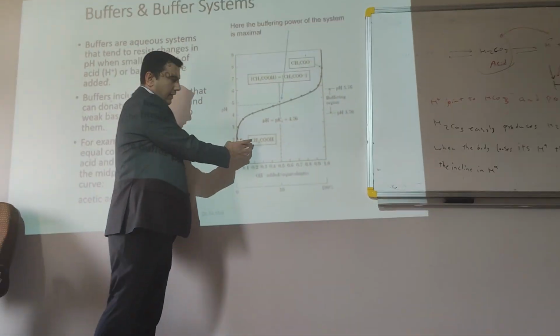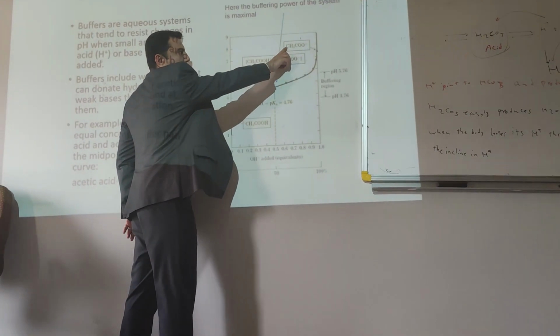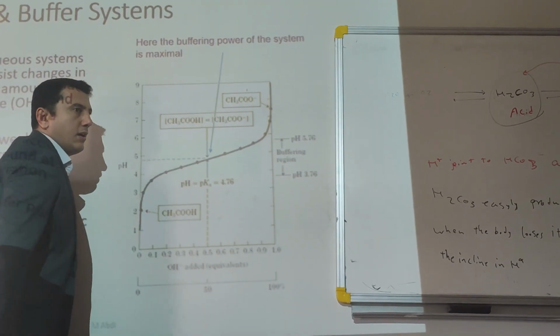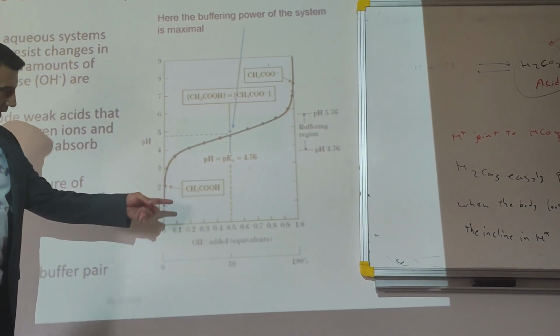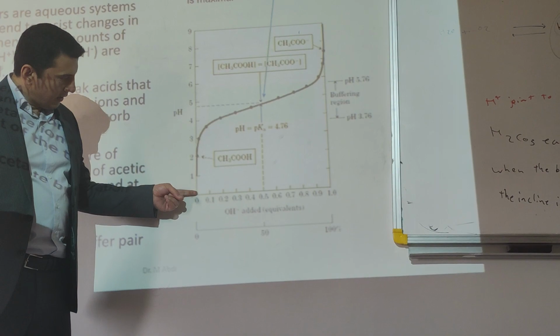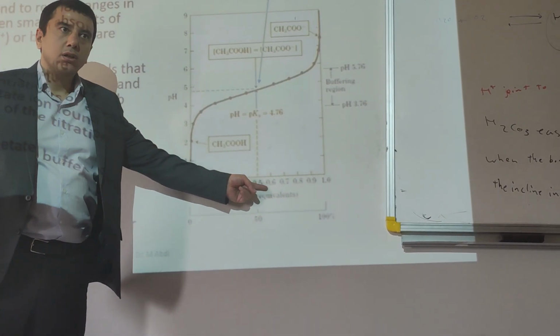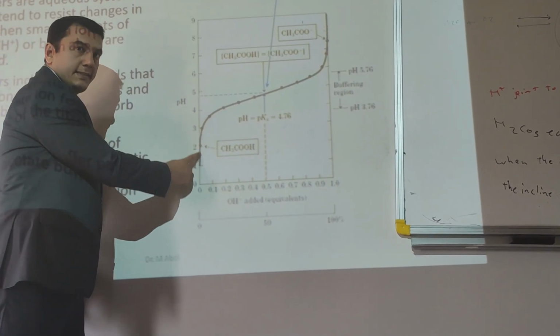Our buffer is weak acid CH3COOH plus its conjugated base, CH3COO minus. As you can see, when we add OH to this solution, at the first step,